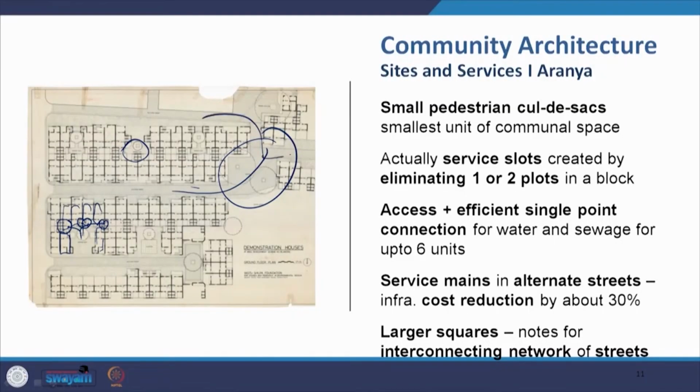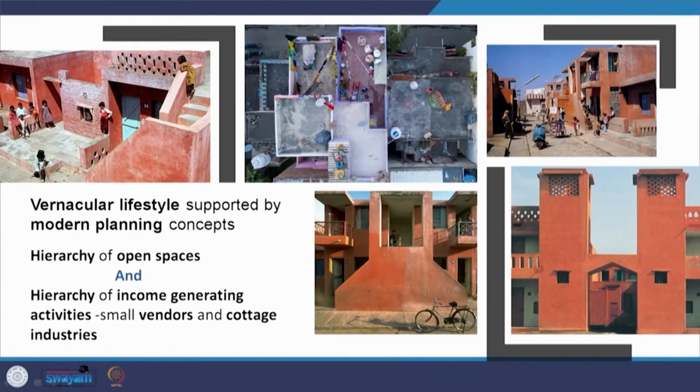while at the same time being able to create the spaces that are typically needed, which are traditional Indian spaces, pauses and rest within the overall site plan of the project, small niches and corners where people can take a break, people can rest. The tree has been planted, you can put a charpai underneath it and rest. And there is also a larger square here, for example, where there is a network of streets connected with it. There are other things also.